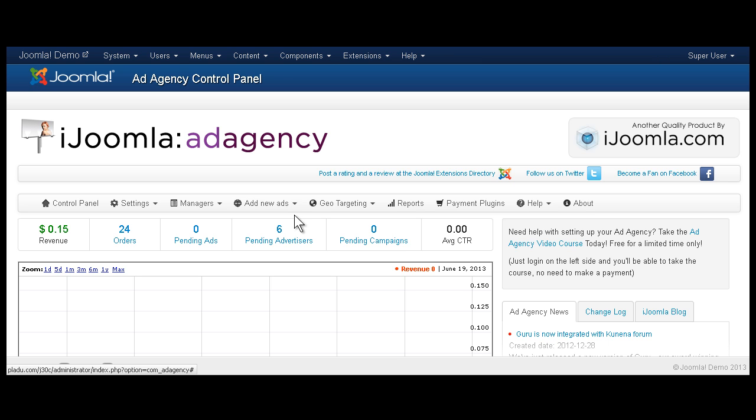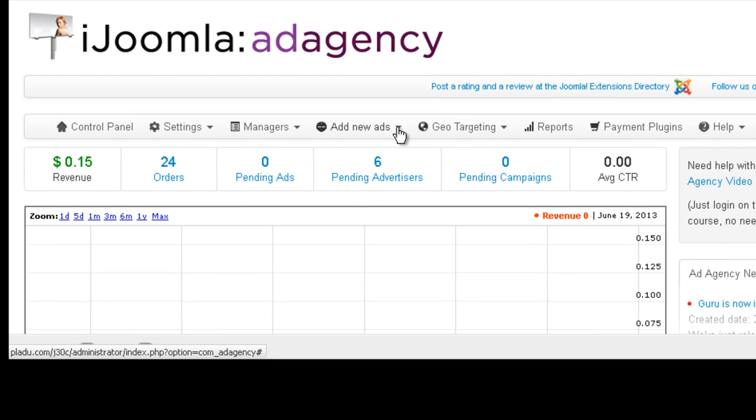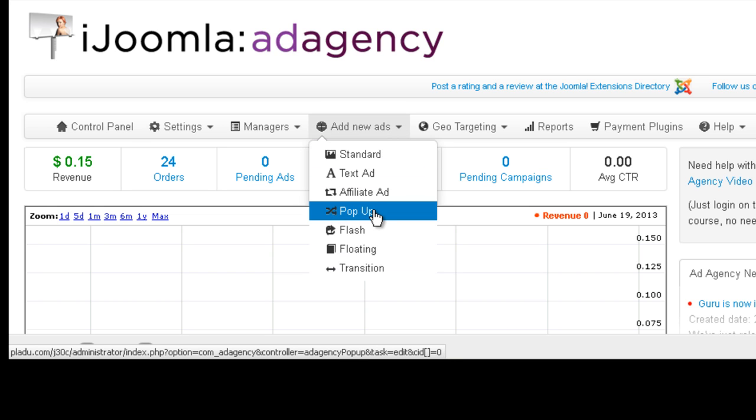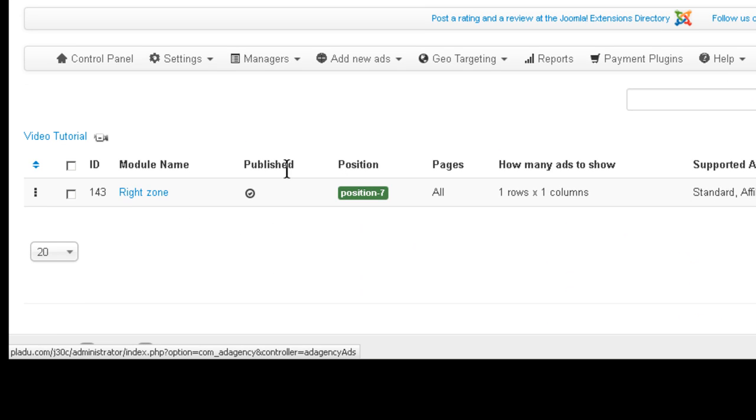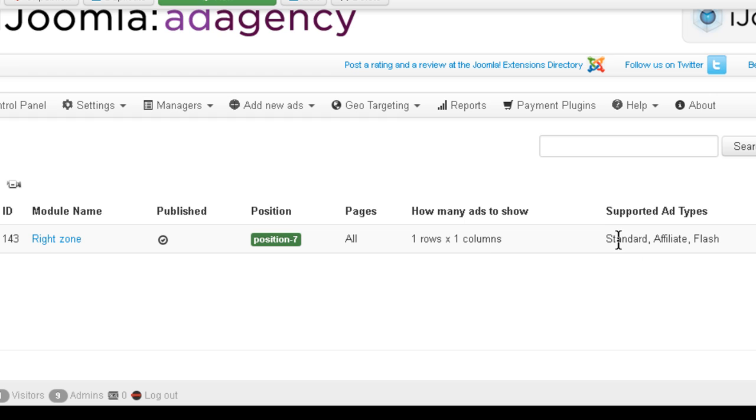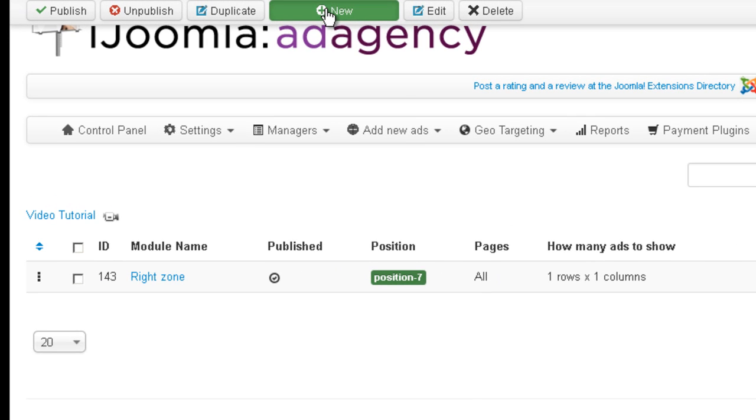So basically, if you're on cPanel or really anywhere, you go to Add New Ad, Pop-up. But before we go there, we need to make sure that we have at least one zone that supports this kind of ad. Alright, so we go to Managers, Zones. Let's see, we have one zone here that supports Standard, Affiliate, and Flash, but it doesn't support pop-ups. So what we have to do is add a new zone,